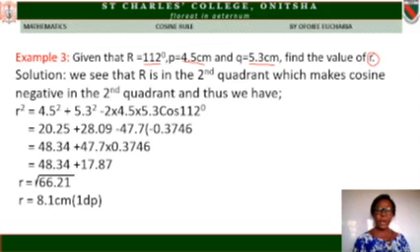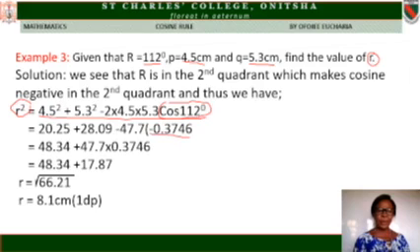Now, if you get to that second quadrant, we have been reminded that cosine must be what? Negative. And when we fix it in the formula, what we have is that little r squared is 4.5 squared plus 5.3 squared minus 2 times 4.5 times 5.3 cos 112 degrees. Now, if you get into the calculator, you will see that when you look for cos 112 degrees, it must give you minus